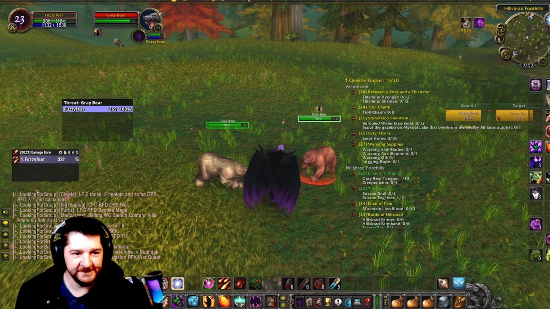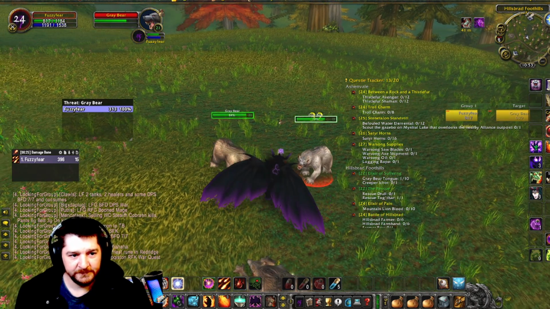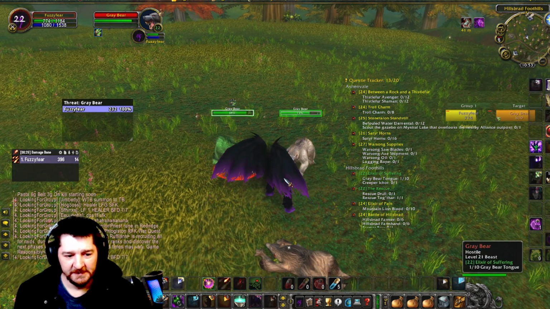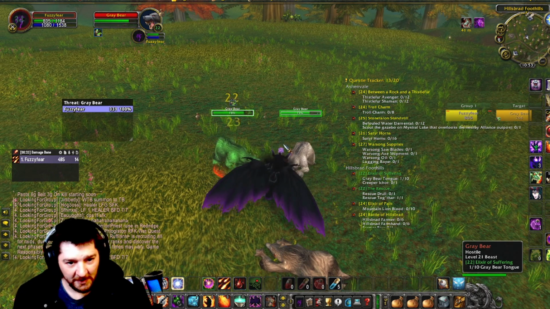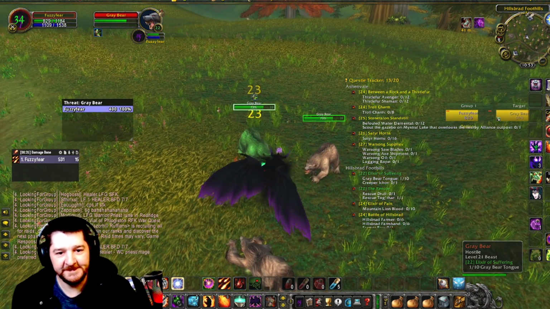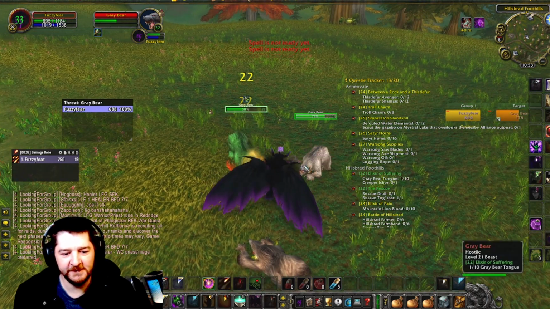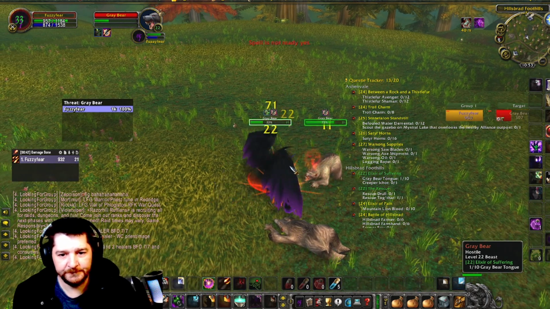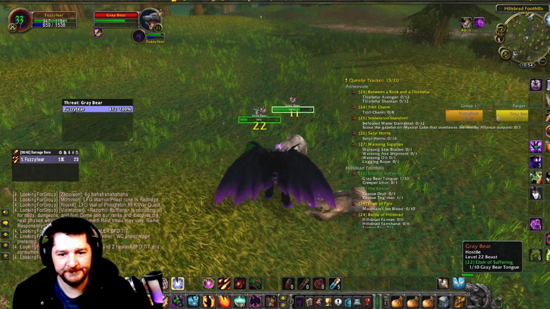And we'll see how much threat you're going to get out of that. 361 threat, just from Immolate boosted by Incinerate. So that's going to give you a little more threat. Let me go ahead and kill these guys.